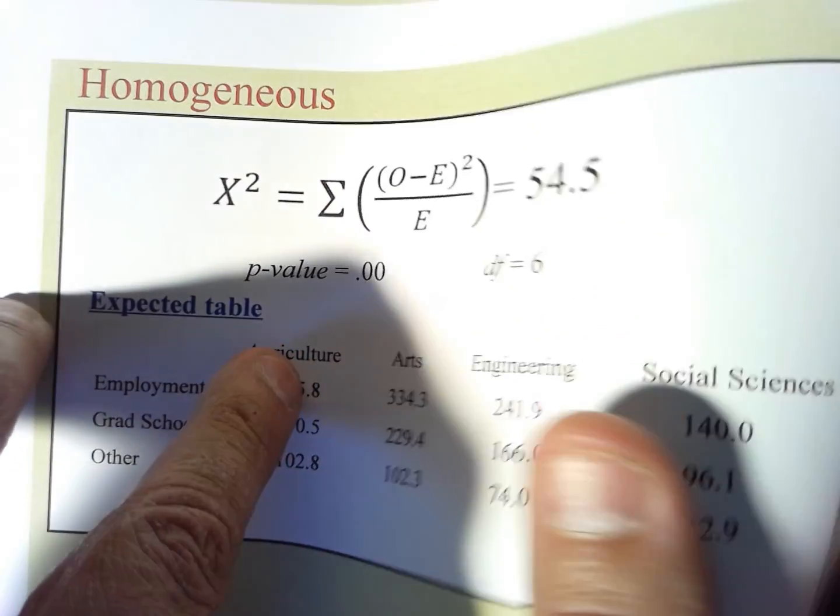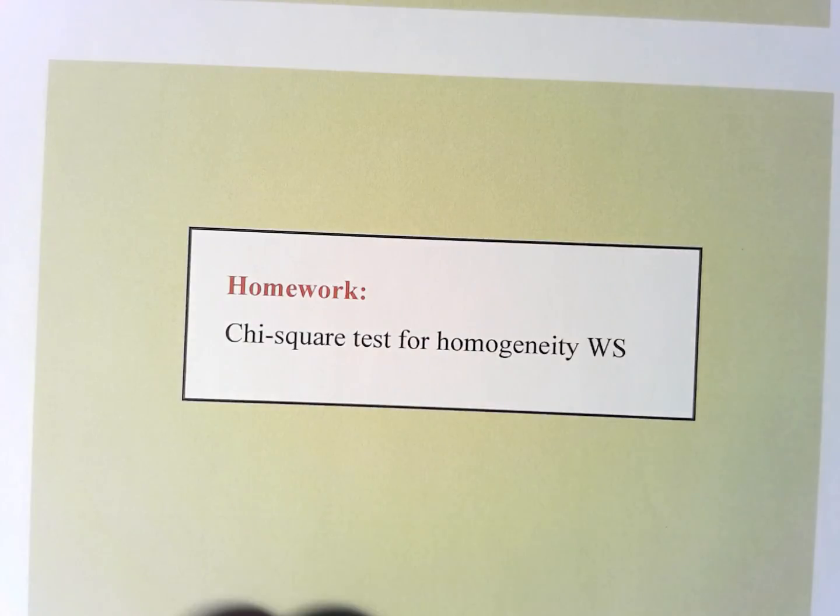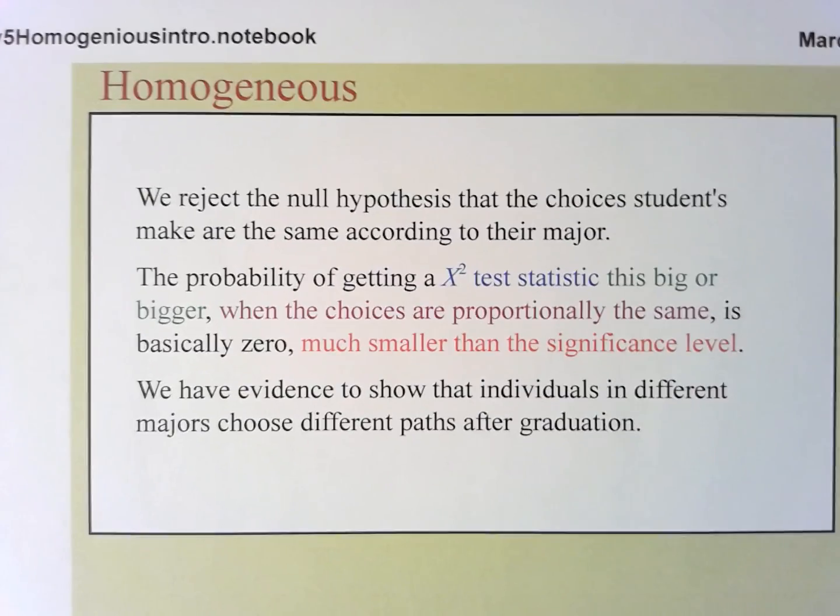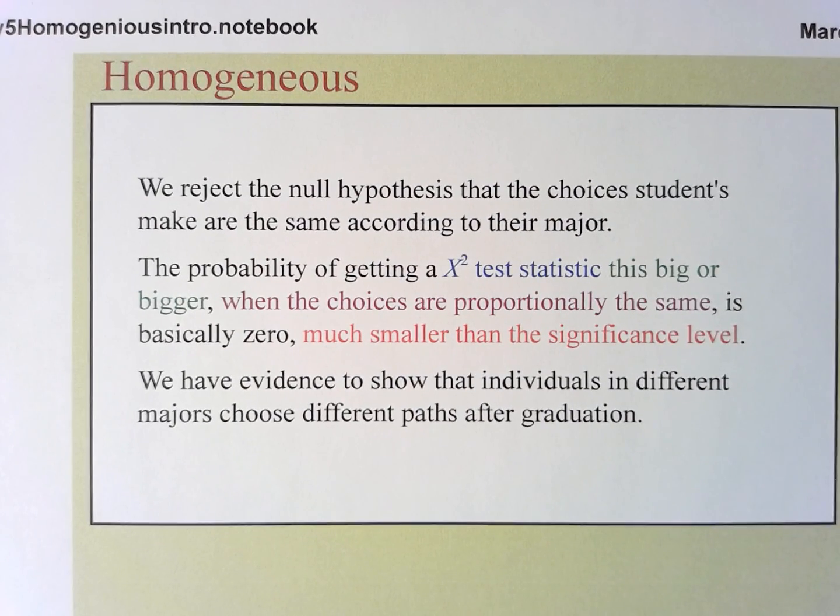And last but not least, here we go. We come up with our conclusion. We reject the null hypothesis that the choices students make are the same according to their major. The probability of getting a chi-squared,